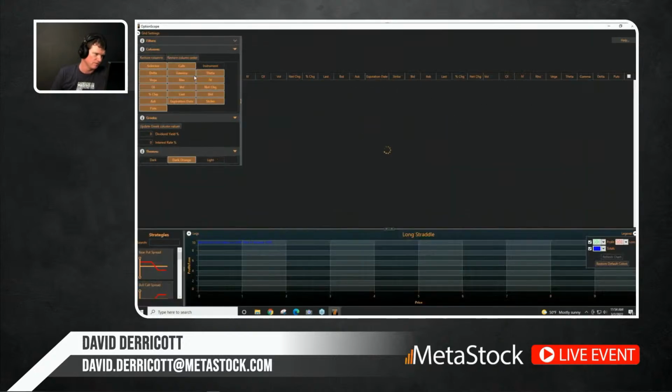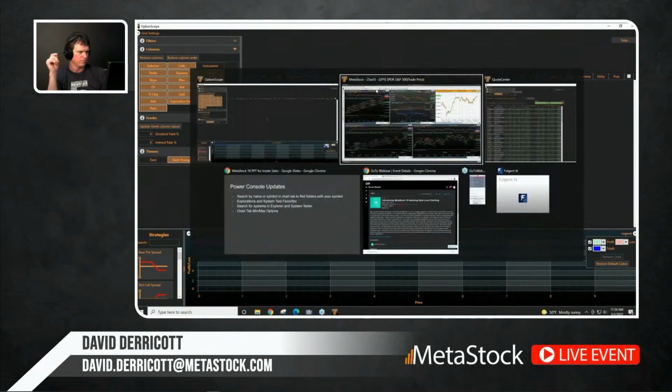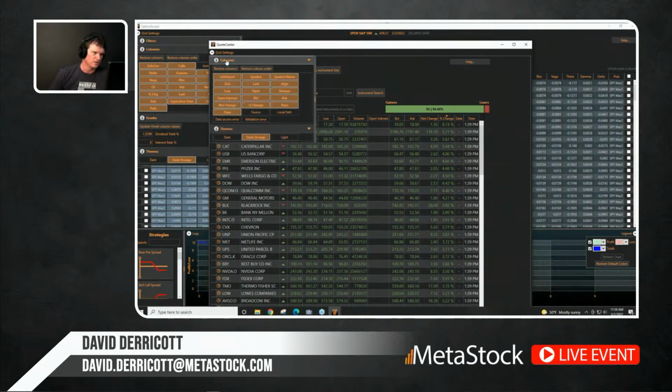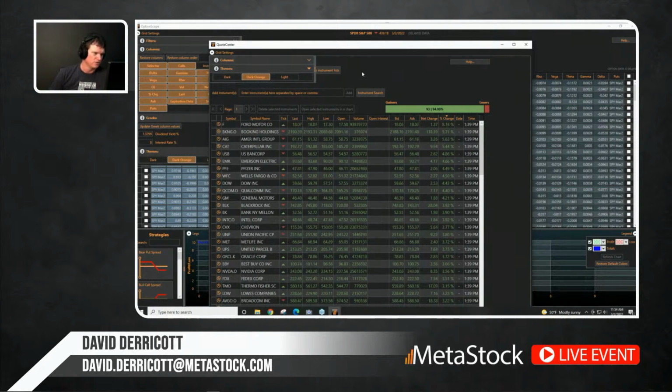As you can see, everything automatically changed to the correct color, the same way I had it inside of the Quote Center. So that part's really nice that a lot of people wanted to have that ability. And you don't have to go in and keep changing it because now it says the default and I don't have to worry about changing it each time. Obviously, it's not really that big of a deal to change it, but it just makes your life easier and a lot faster. Like I already touched on, you can change your different columns in the Quote Center,